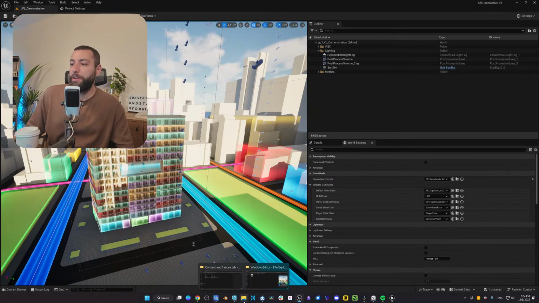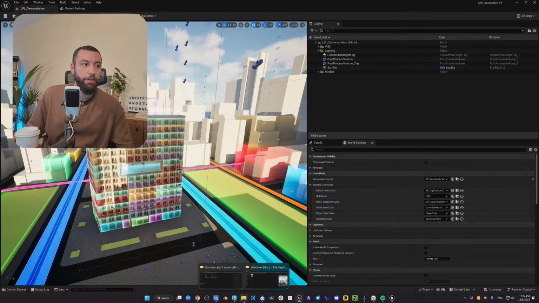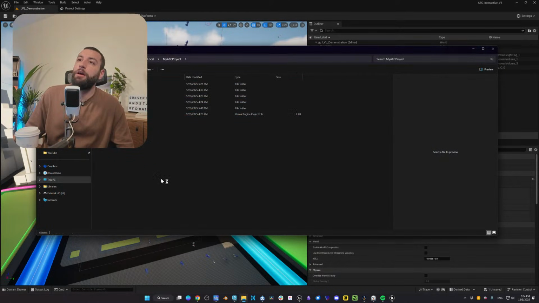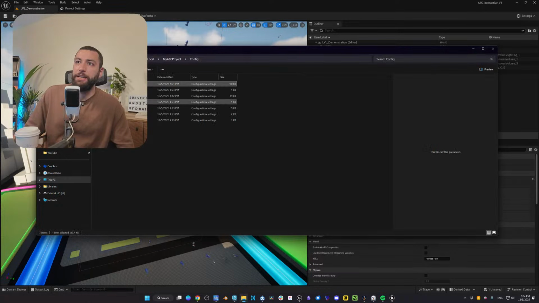So if you've migrated from one project to another, Blind 8000, what you want to do is go to your project. Let's say this is the project. And you want to click here on config. And here you will see some ini files. You can copy this whole folder or you can copy specific elements.